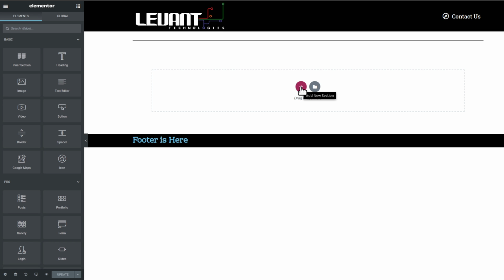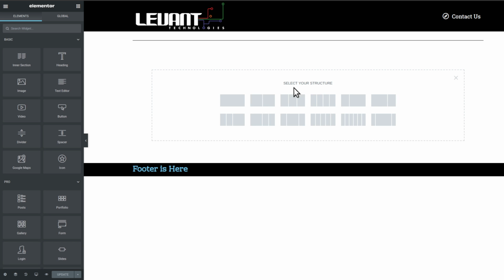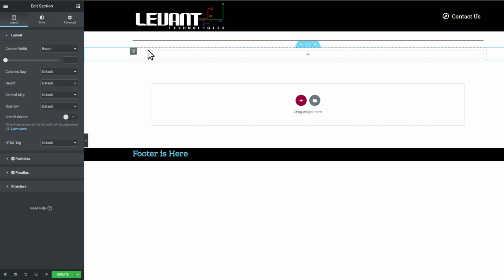So what I'm going to do is I'm just going to click the plus sign. And as you can see, this is a section with one column as a whole. And this is one section with two columns and so forth. This is 3 columns, 4 columns, 2 columns, but you have a bigger column on the right, and this one is the opposite. But anyway, let's click just one of these. Actually, just click one. And as you can see, this is basically a section,